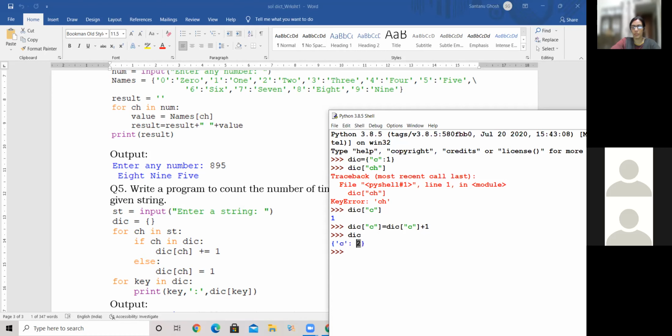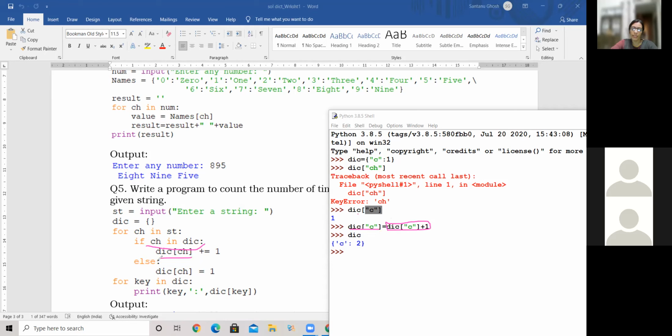And that is how it will become 2. Right? So if the character is existing, that is what this code is mentioning here. If the character is existing, then pick up the corresponding value. How to pick up the corresponding value from the dictionary? You have to give him the key in the square brackets. That's what I'm telling him. But onto that, the existing value should be added with 1, and that should be replaced.